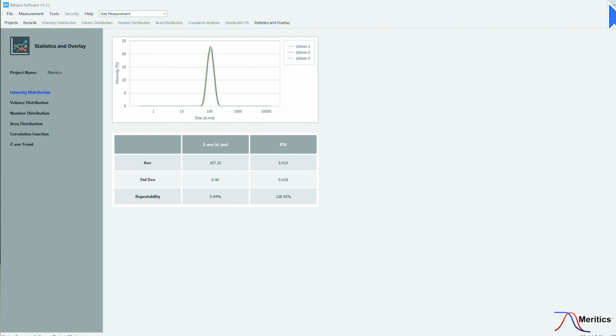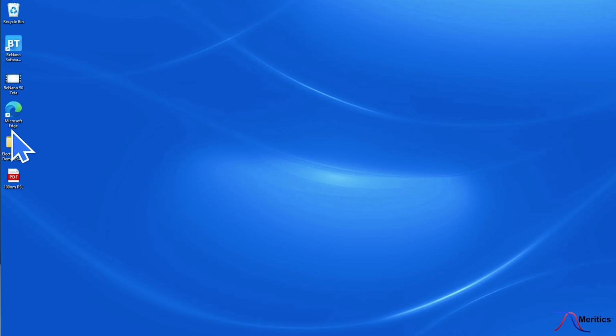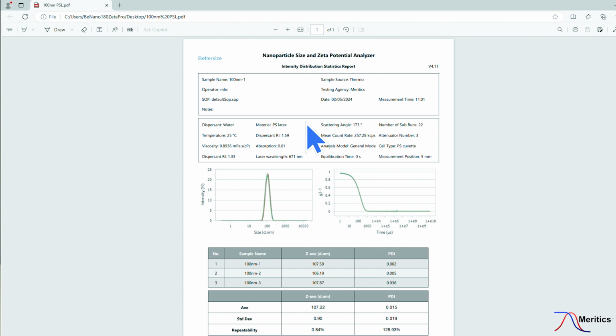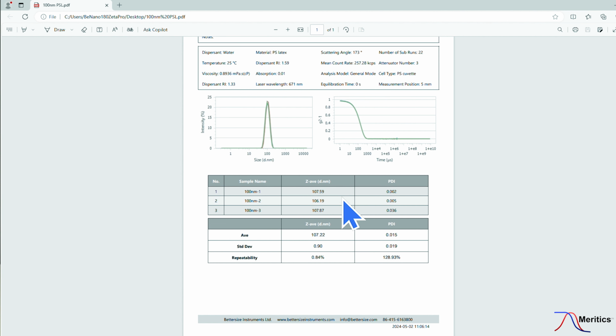You can see the software generates a really nice result that you could either use in your lab book. You could take the histograms for publications. Very versatile, whatever you need, you can do it. So you've got your Z average results across all three samples and your repeatability. This is a simplified report format. If we go back into the software,